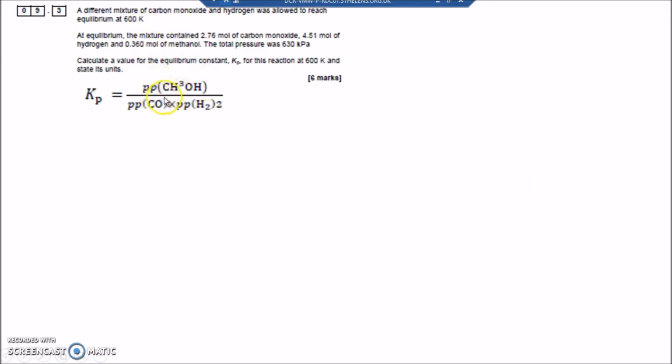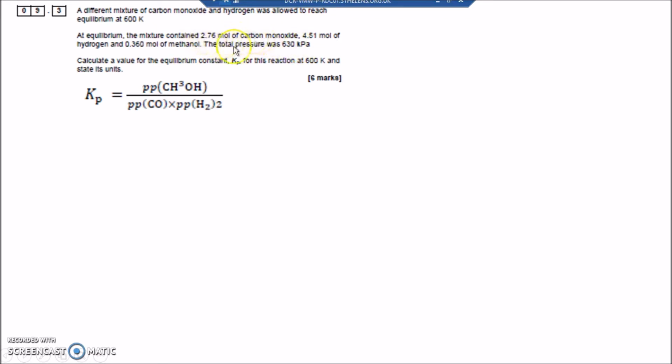Okay, a partial pressure question. So what you do for partial pressures is you look at how many moles of each of the gases. A partial pressure is a bit like a concentration, so you work out the fraction of the number of moles. So I've got 2.76 moles of carbon monoxide, 2.51 moles of hydrogen and 0.36 moles of methanol. So add up the total number of moles and I'll work out the fraction of the total number of moles